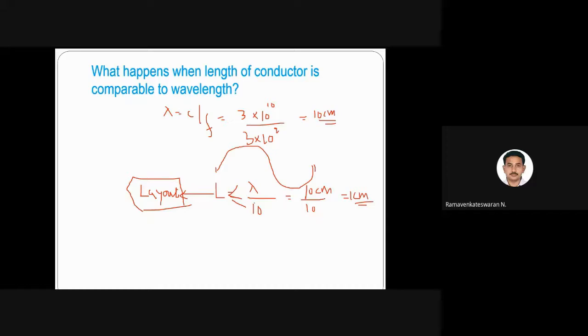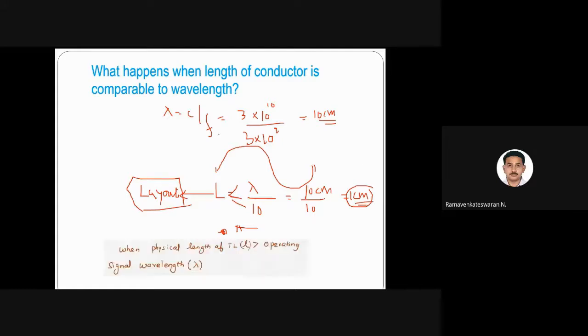Even though lambda by 5 can also be chosen, as a rule of thumb they will choose it very small, lambda by 10 or less than that. So the physical dimension of the device is supposed to be very small. In this case, for 3 gigahertz, it is 1 centimeter. Whatever they are designing, inductors or interconnects, they'll make sure the maximum is 1 centimeter. It's not going to be extended further. This is one of the crucial factors in the layout stage of high frequency design.